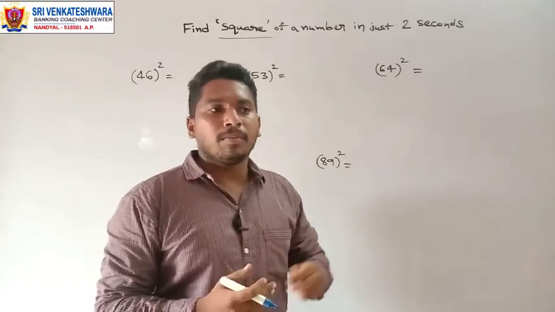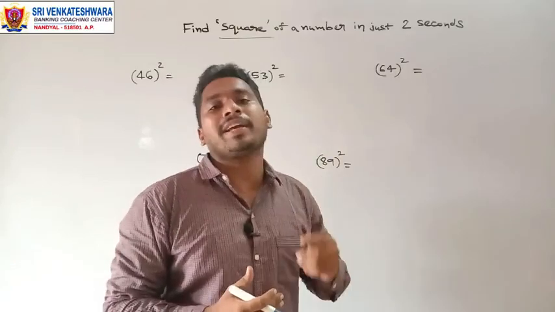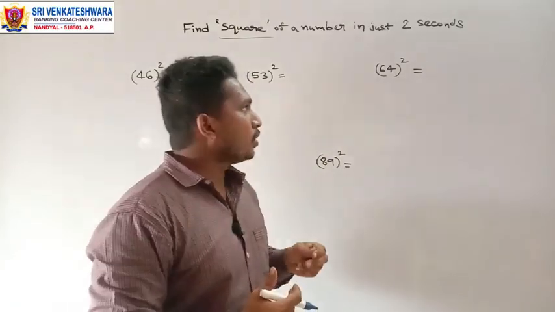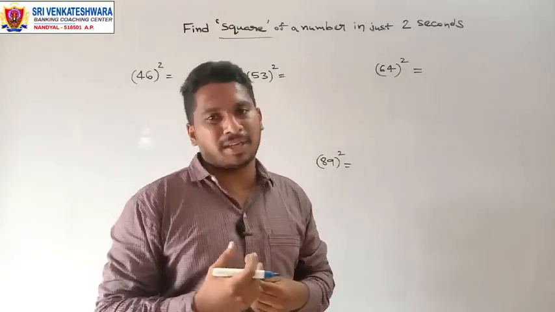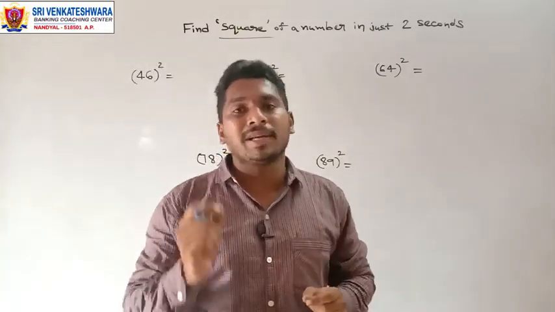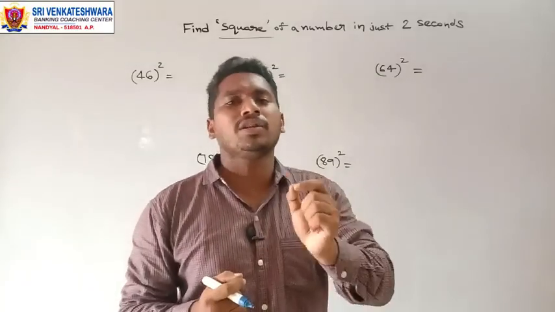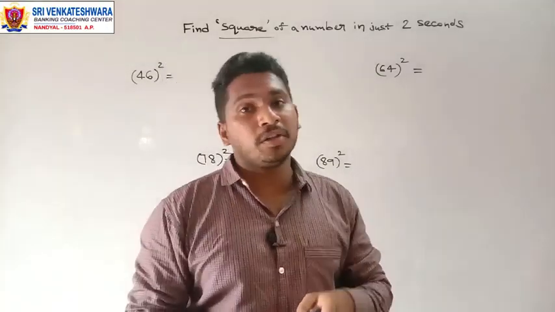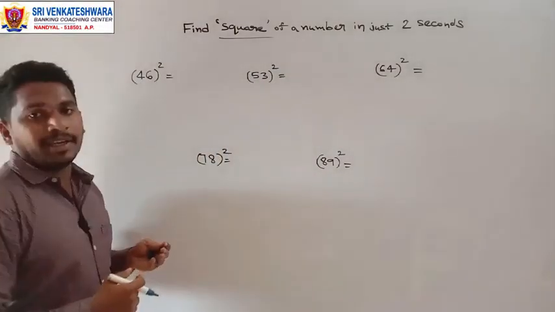30. But beyond those numbers you may have to calculate all the time. So in order to calculate the square of a number, it consumes much time, right? But there is a simple method using which you can calculate it just within 2 seconds. Now let us look into the approach. So here let me solve directly how to do this.